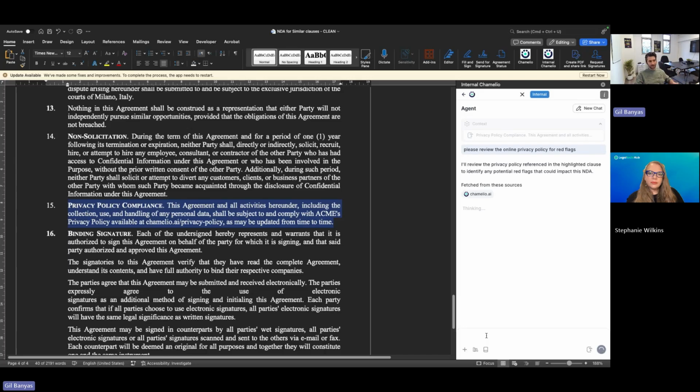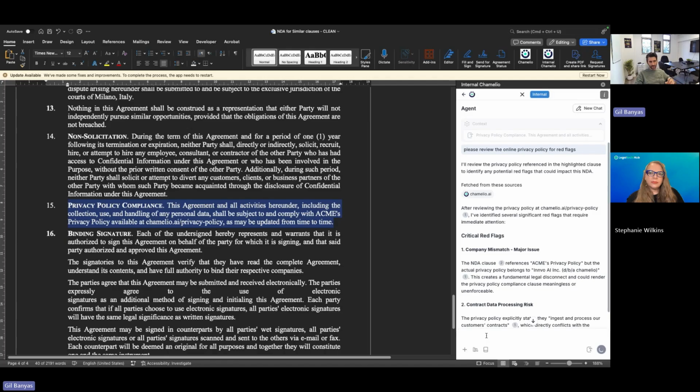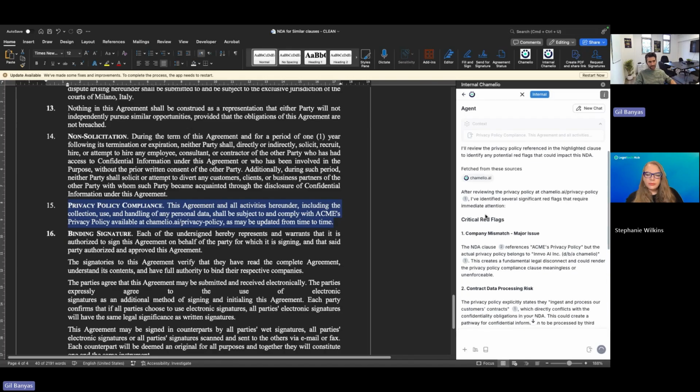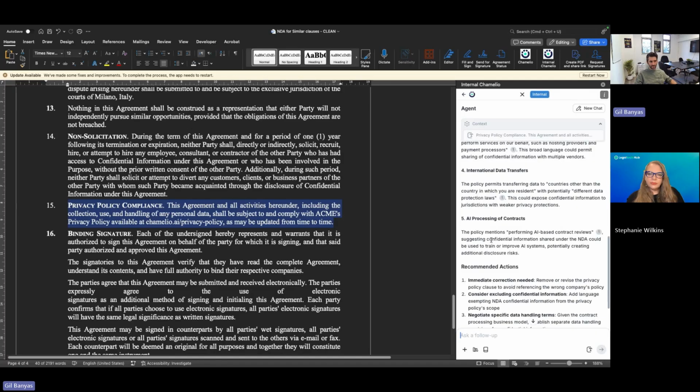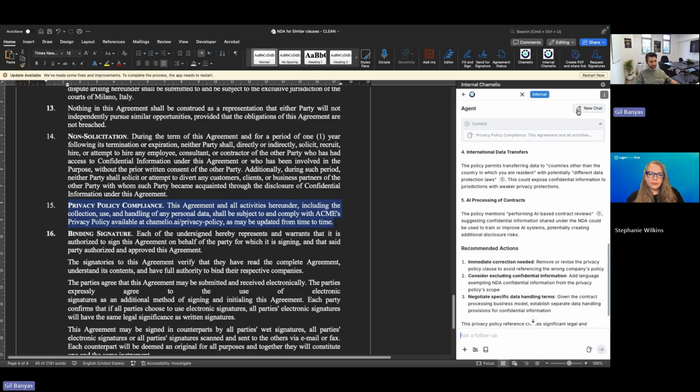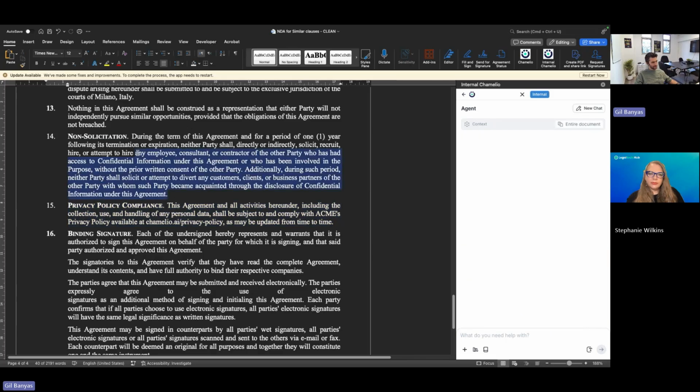That's very useful, because in many agreements we find those embedded links that we just have to go out and review. That could be automated and made much easier using our agent. You see that it read the link and came back with the red flags with references to the relevant parts in that privacy policy. Another example, I can just select this non-solicitation clause, for example, and ask it to add